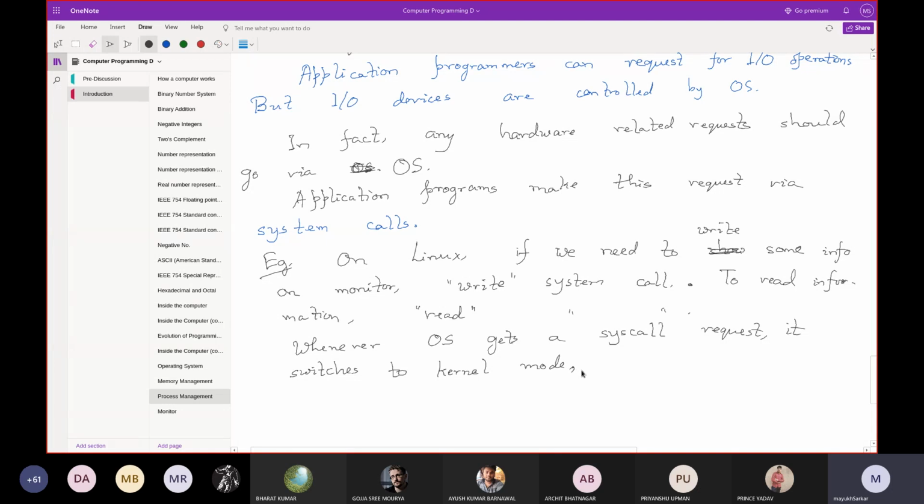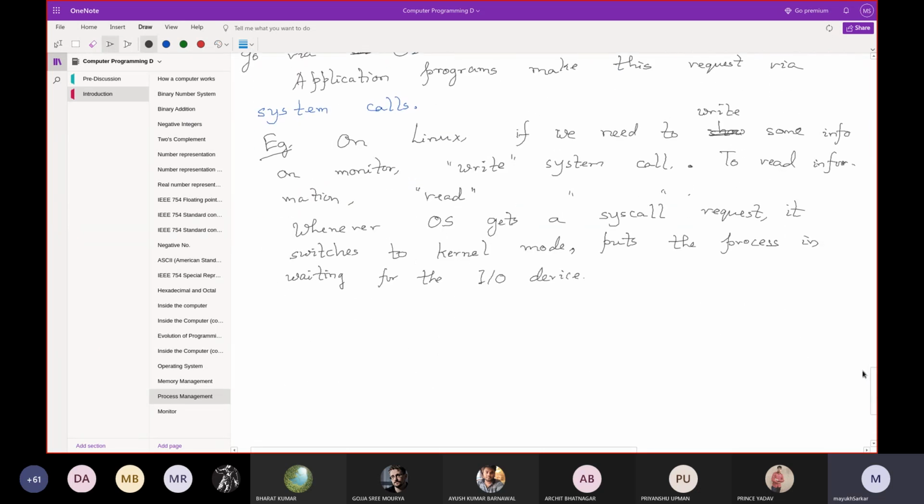Okay, it switches to kernel mode and puts the process in waiting for the IO device. That means whatever process is currently running, it will have to wait for the corresponding IO device. Every IO device also has its own waiting queue. But again, let me try to keep this simple. It puts the process in waiting mode for the particular IO device.